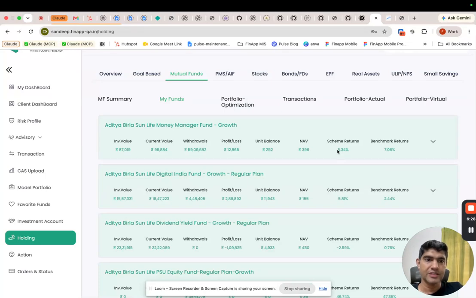As you can see that this is the XIRR, and we are also taking the benchmark returns as well. So for every scheme there is a benchmark. We do have the data for that. So what would have been the returns if you had invested in the benchmark at a scheme level is also being shown here. Okay, so this is the net investment value, the current value, whatever withdrawals that they've made,